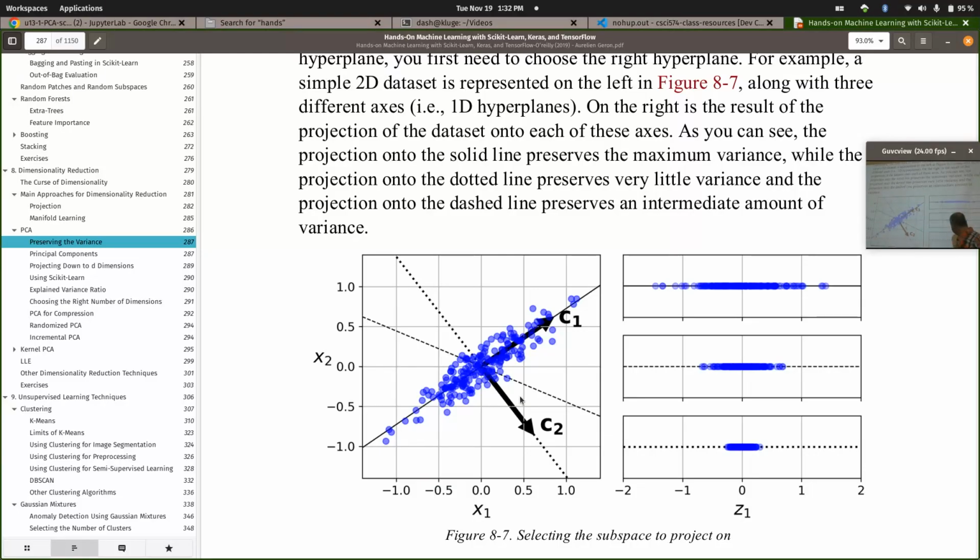The important part here is that depending on which of the lines or the planes we select for the projection, we're going to preserve more or less of the variance. In two dimensions, we can only reduce it down to one dimension, so this is the simplest possible case of projection. There's going to be exactly one line or one plane or one hyperplane that will preserve the most variance when we do projection. And that's what the mathematical technique of